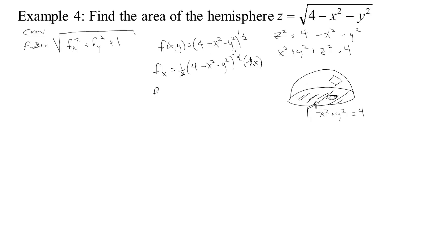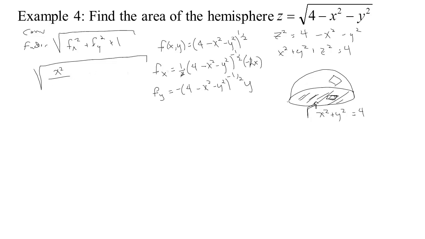Because of the symmetry in the problem, x and y can be interchanged. So if I take f sub y, x and y can be interchanged. So I can just do 4 minus x squared minus y squared to the negative 1/2 times y. It's just the same procedure, right? Okay, so we have basically negative x over some square root, and negative y over some square root. So to calculate this in our conversion factor, f sub x squared is going to be x